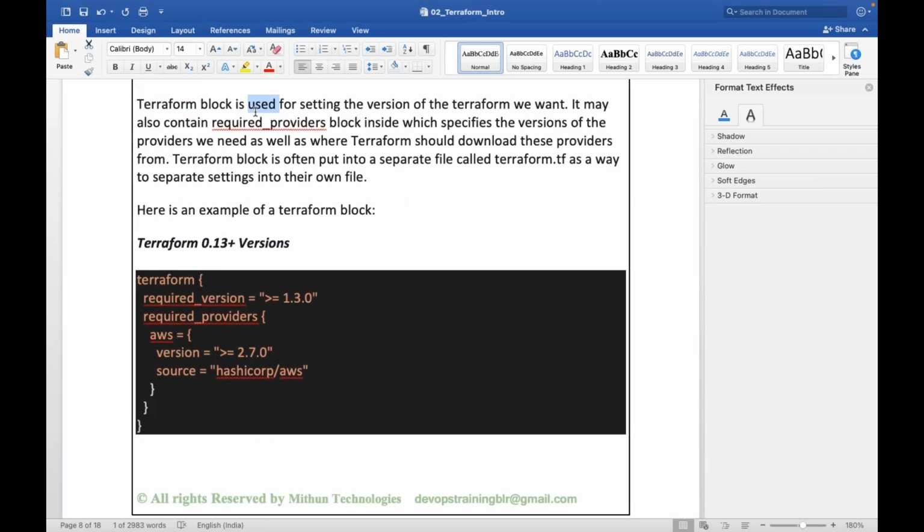The Terraform block is used for setting the version of Terraform which we want to use to run these Terraform configurations, and it may also contain a required providers block inside.